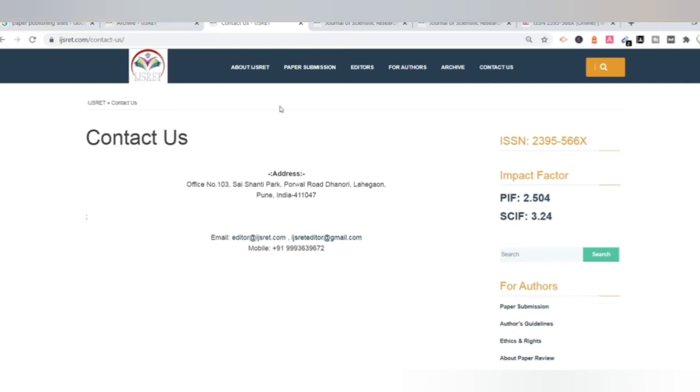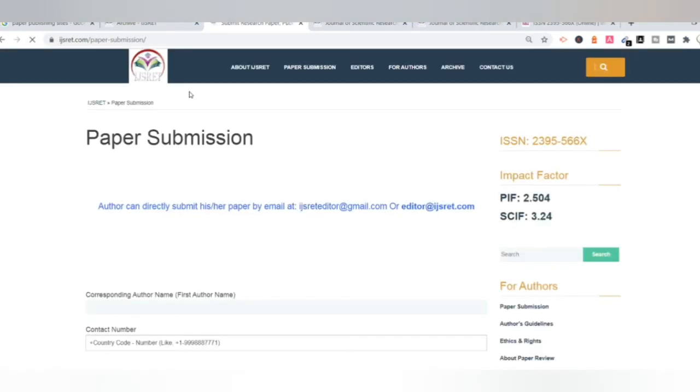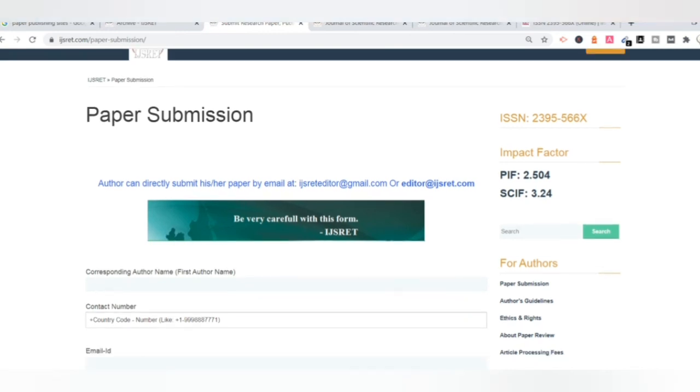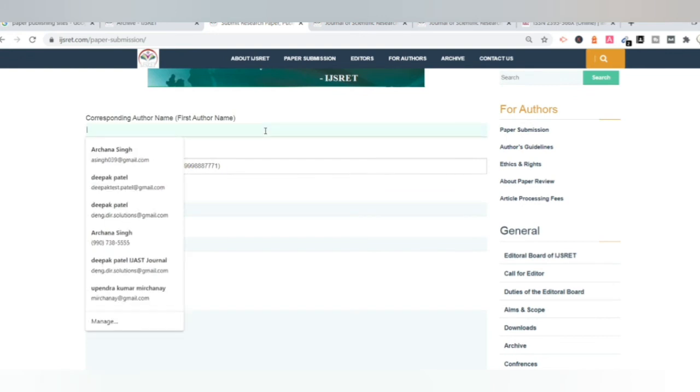To submit a paper, there is an option on different websites like paper submission or submit manuscript. In this website, there is the option of paper submission. Okay, so this is the form where we just need to mention the corresponding author.